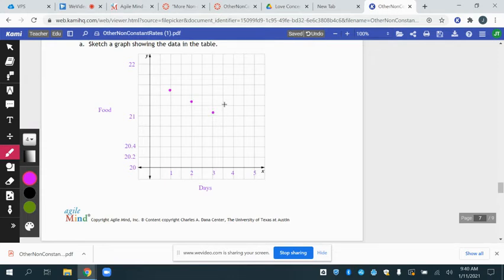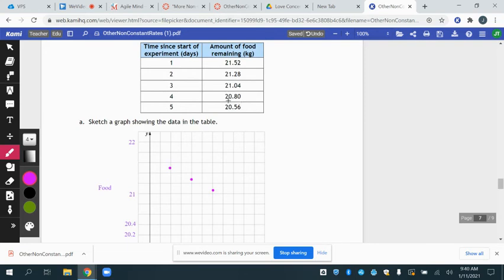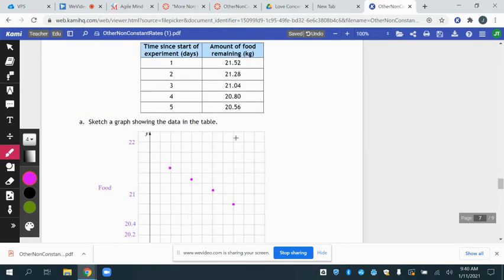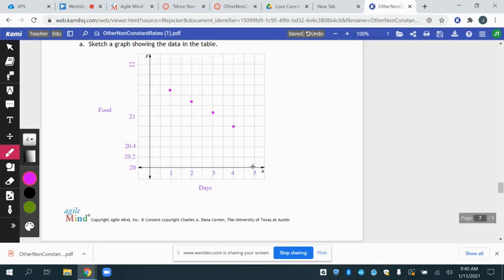Okay, notice it's not looking very curved yet. 4 goes with 20.8. And 5 goes with 20.56, something like that. Now notice that is not a very curved line. It's not perfectly straight, but I did eye a lot of these. So this is telling me that it might actually be linear. It might be a straight line, which would make sense when you think about it, because